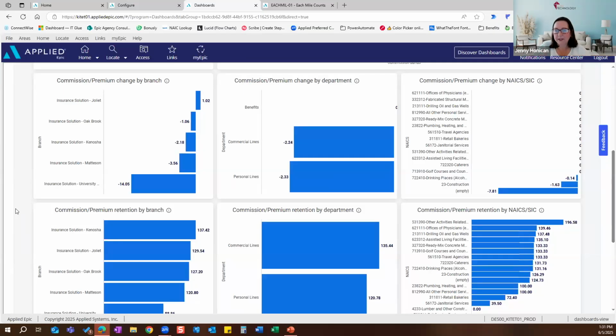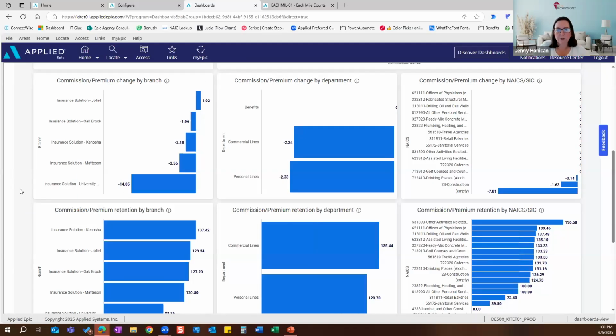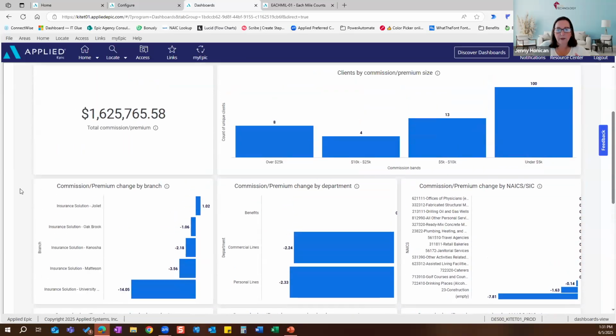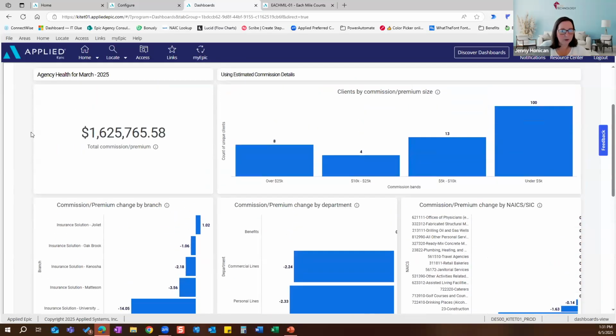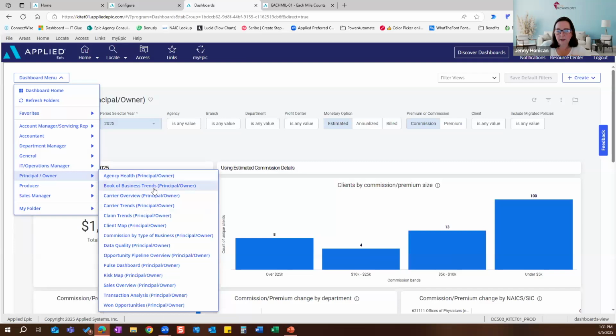So I would definitely just make sure that you're hovering over and seeing exactly how the data is pulled, and making sure that if you're wanting to use these, that your workflows align with that. The other one I want to show you on this one is the Book of Business Trends. And that one is,